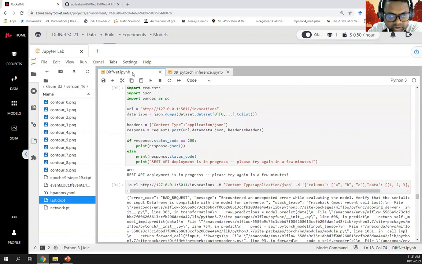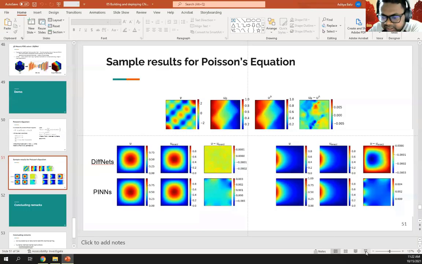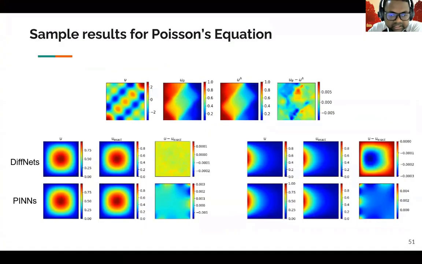Now that we have covered all the aspects of DiffNet, one aspect we could look at in the end is the sample results of how we operate and what we obtain. So this is the final result. We have new, and this new is taken as an input, and you predict u theta as an output. Compared with the finite element output, which we see here, the residual or the norm of the output is very, very small, of the order of 10 to the power minus 3.